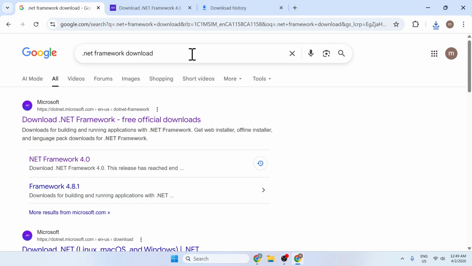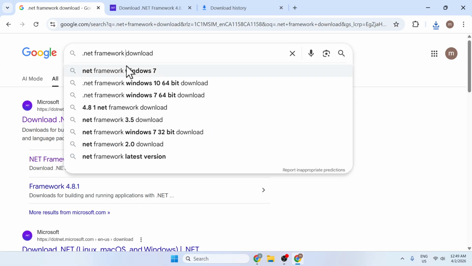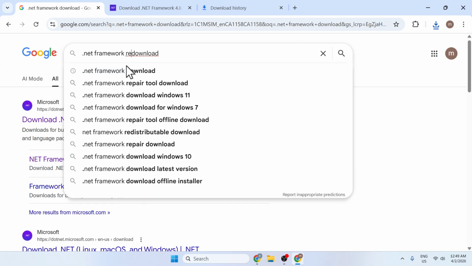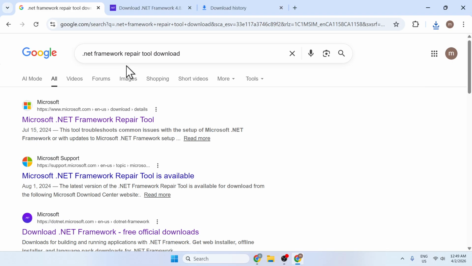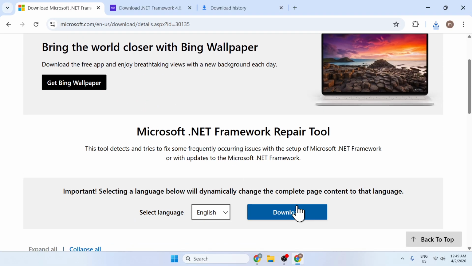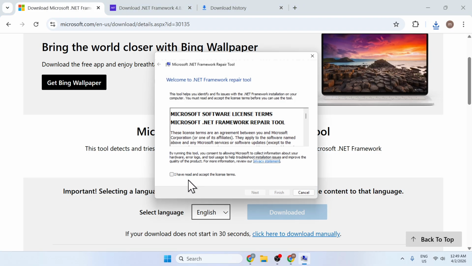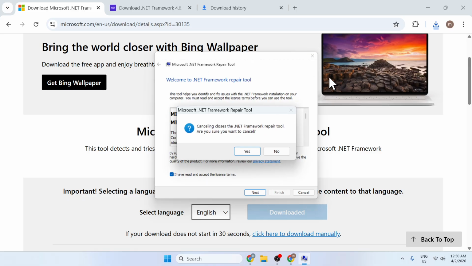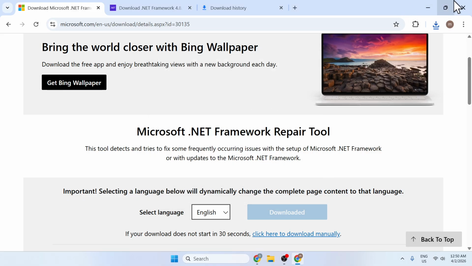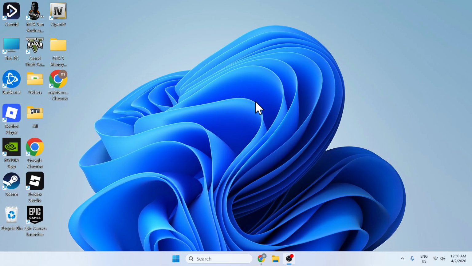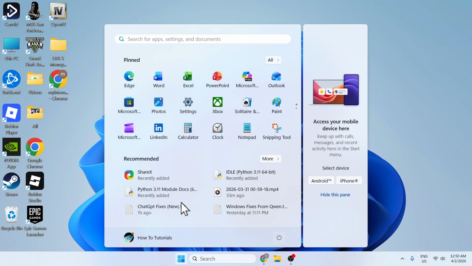Now if you already have this and you want to see if it has any errors and you want to fix, you can download the repair tool. So here if you type .NET framework repair tool download and you go to this website, you'll be able to download the repair tool. And if you run the repair tool, this will repair any issues you're having. So run this and let it fix any issues with your software, and see after restarting your PC if this